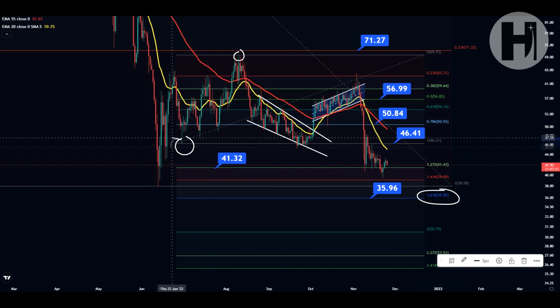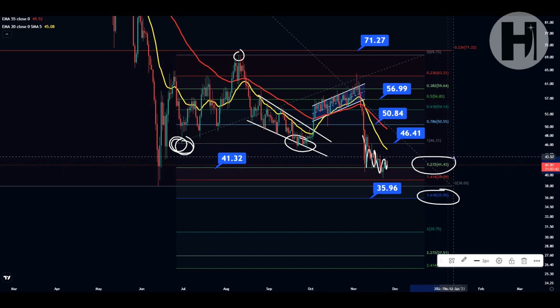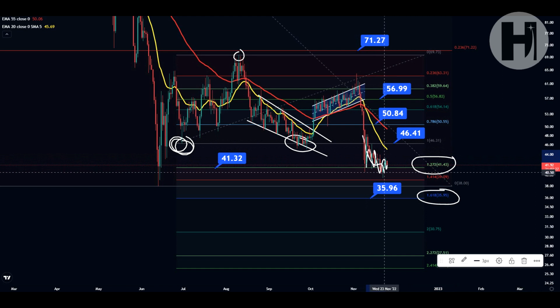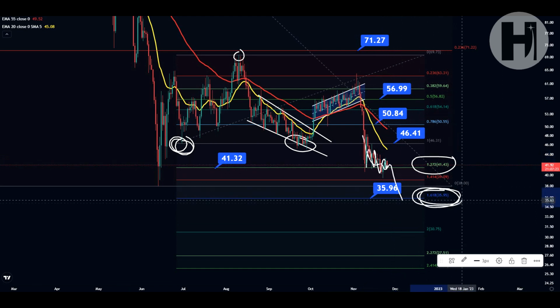Now, we have already lost this low that we created in June. We have retested it in September, and we lost it here in November, and you're in sort of another falling wedge pattern here, and you're holding the 1.272 Fibonacci retracement for now at $41.50. But I think if we continue dropping this way, and if Bitcoin continues printing lower lows, altcoins are going to continue dropping and continue printing lower lows, and I think the 1.618 target is a pretty certain destination for Elrond,